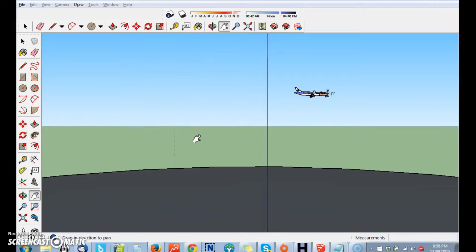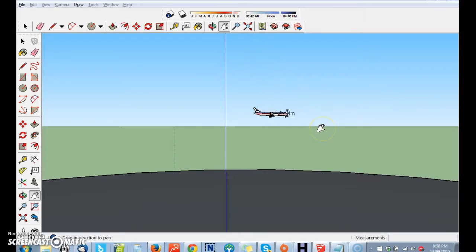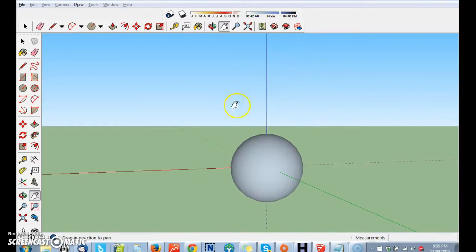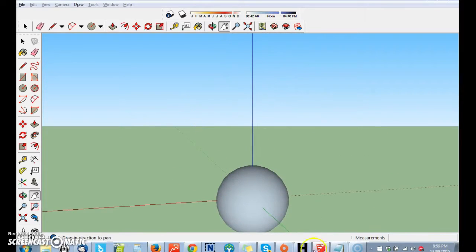I tried to get it as big as possible on the model and put a little airplane in there because, as I mentioned in a prior episode, I used to be a flight attendant. The first part is I want you to pay attention to one really important fact. Right now we have the three axes. As you can see here, we have our X, Y, and Z right there. And at the bottom, on the X, we have an infinite plane.